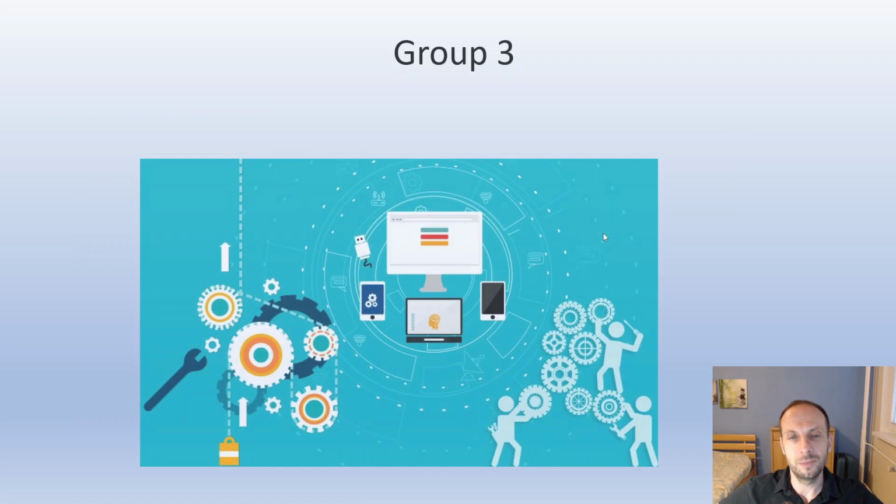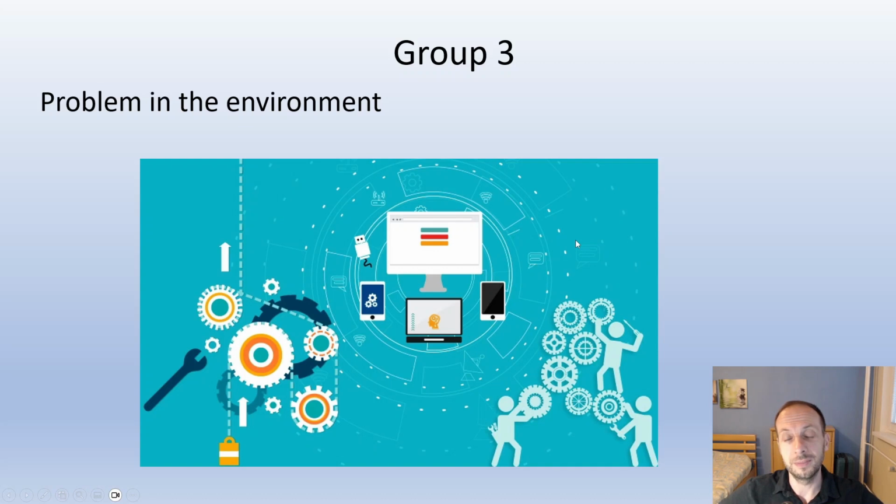And the last group of reasons is the problem in the environment. So imagine, for example, an element is not visible because it's not there, but it's not a bug in the application, maybe some component is down. Imagine we have a big platform consisting of many UI and API components, and if there are dependencies between components and one of them is down, it can influence anything in the application. So we don't need to fix the application, we don't need to fix the tests, but we need to fix the